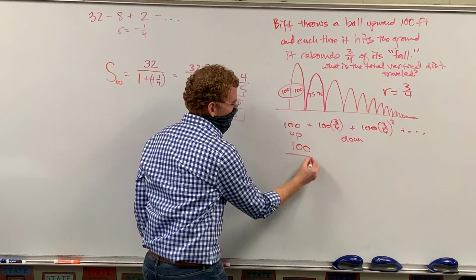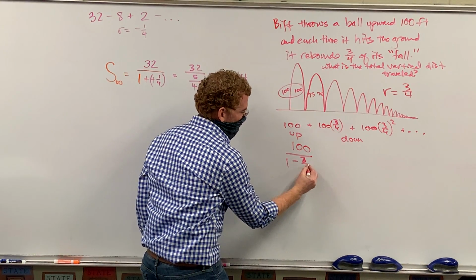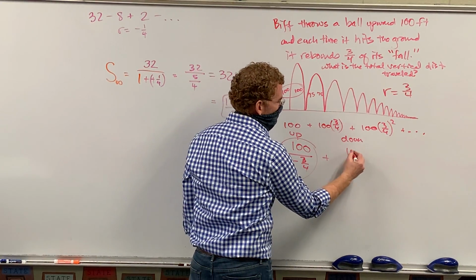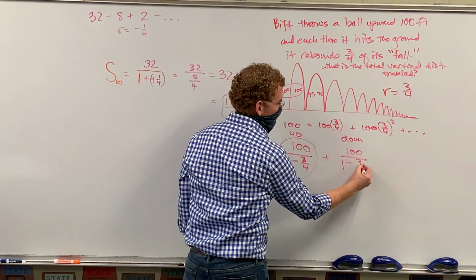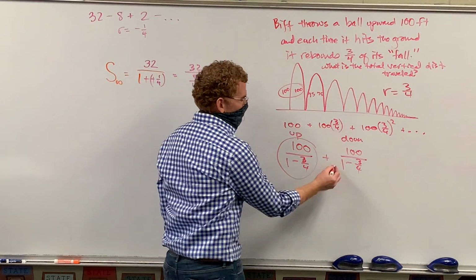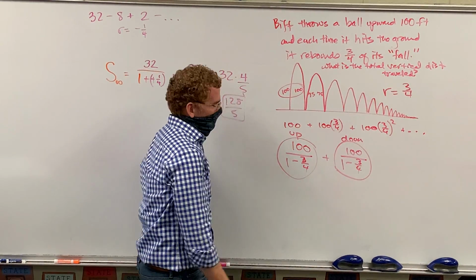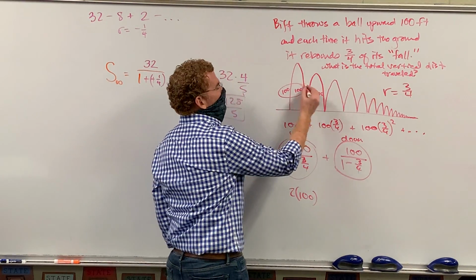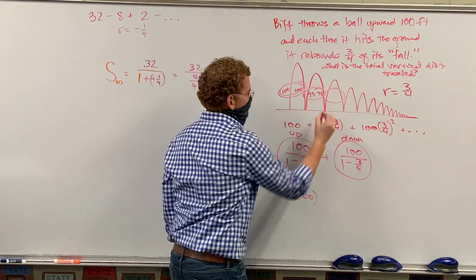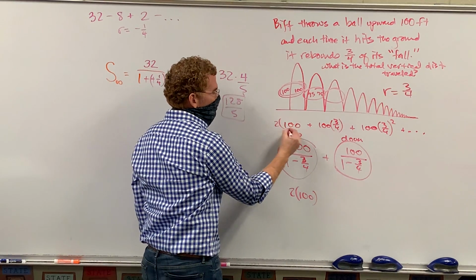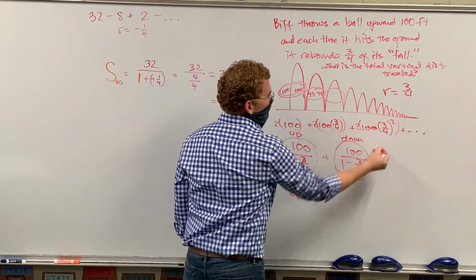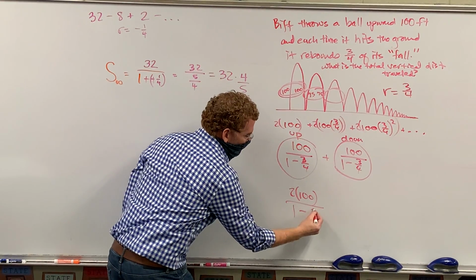You could say first term over 1 minus the ratio, 3/4. And that's all the ups. But then you'd also have to do the same thing for the downs, wouldn't you? So if you want to do that, you could. I would just assume we just double it and go 2 times the 100. Treat these like individual terms. So treat it like 200, 150, whatever the heck that is. And then you can still go 1 minus the 3/4. Does